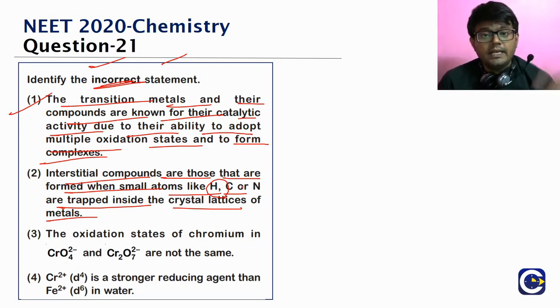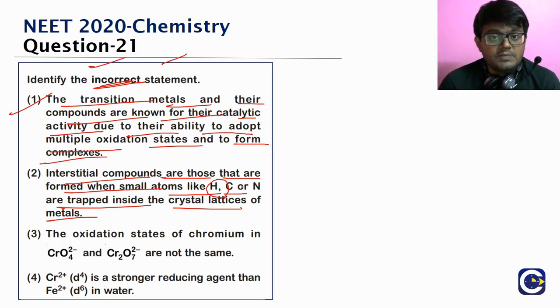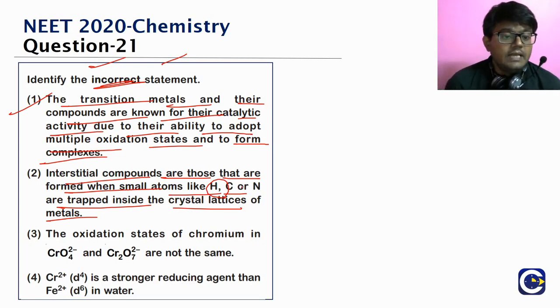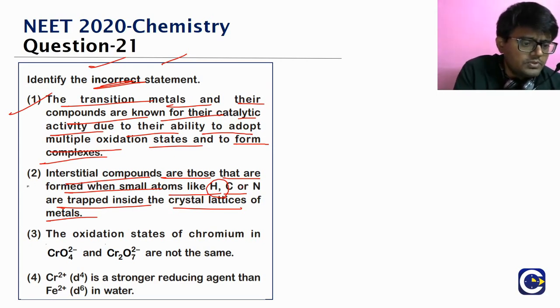So in the hydrogen chapter, we'll talk about the different types of hydrides. We'll have the ionic hydrides that are formed with the first and second group elements. Then we'll have covalent hydrides, which are formed generally with the elements of the 13th to, for example, 17th group. Then we'll have interstitial hydrides. What are interstitial hydrides? The hydrides where hydrogen is trapped into the lattice of the transition metals, which do not have any proper stoichiometric formula. So that is also correct, interstitial compounds.